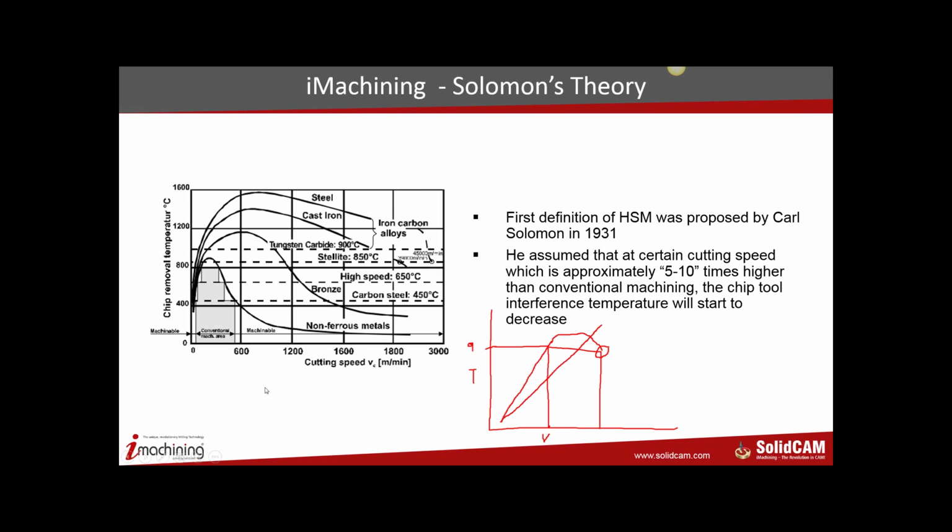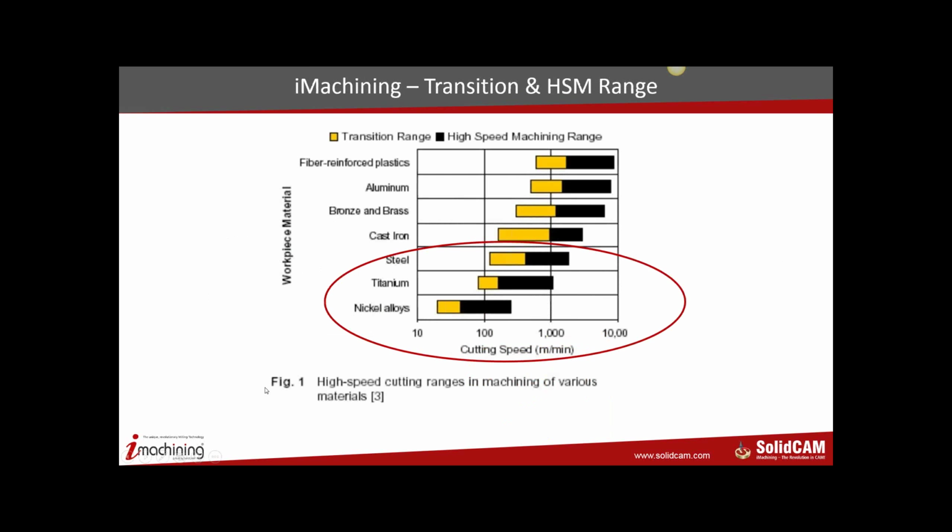Okay. So we are talking about a transition range or a cutting speed range, which are in this zone, in the black zone, for steel, for titanium, for nickel alloys. What we are basically saying is that if you are talking about 100 for titanium as a cutting speed that you say is the best that your tool can achieve, we have seen in several places that iMachining can touch on titanium without any issues 250,